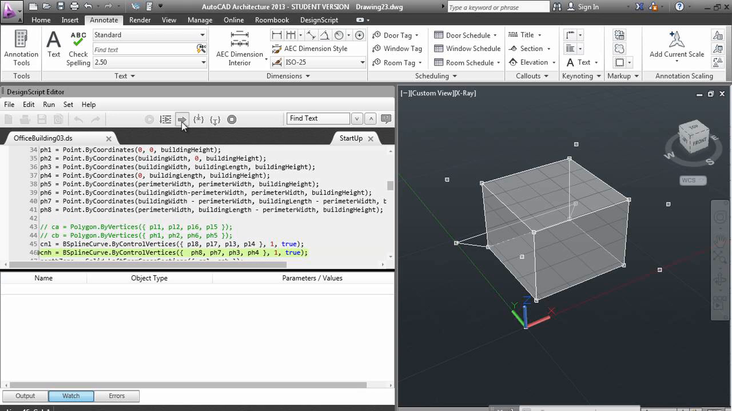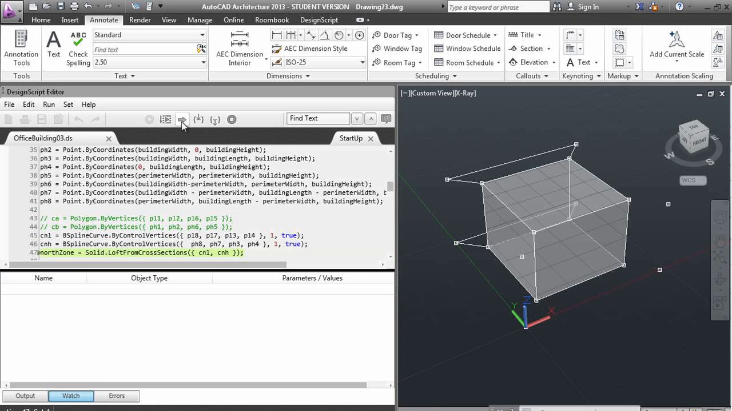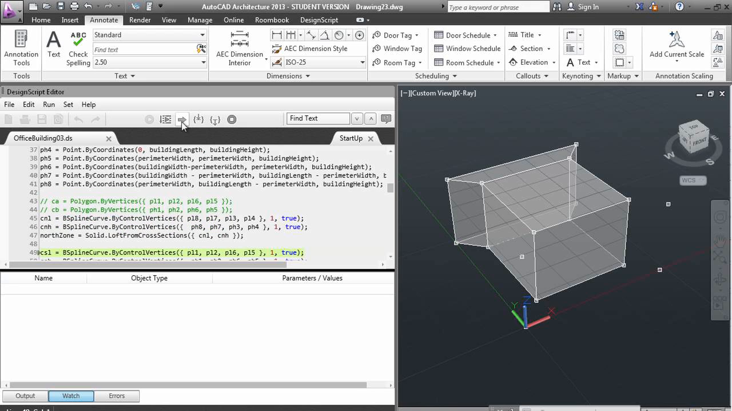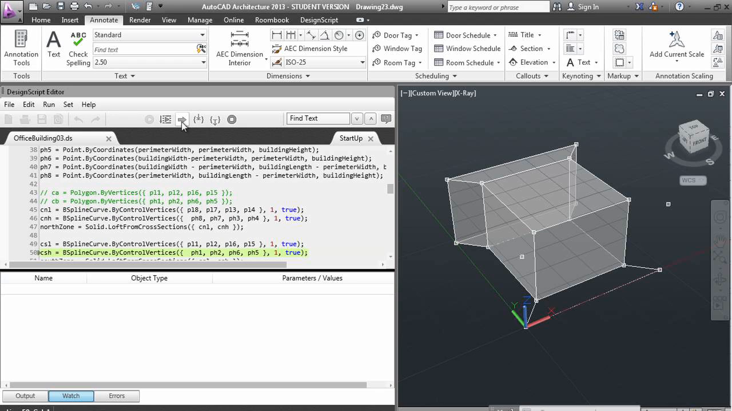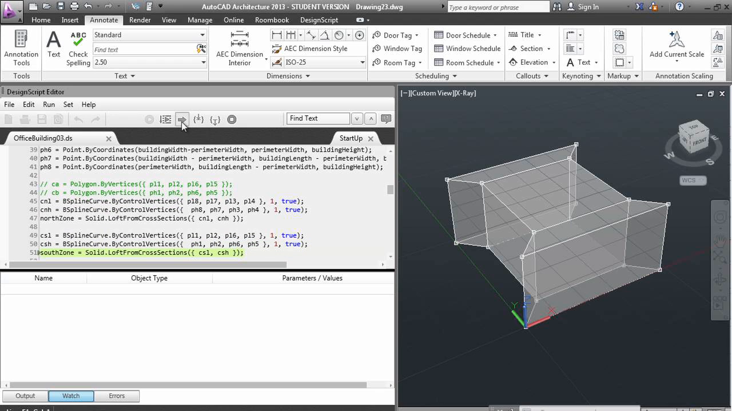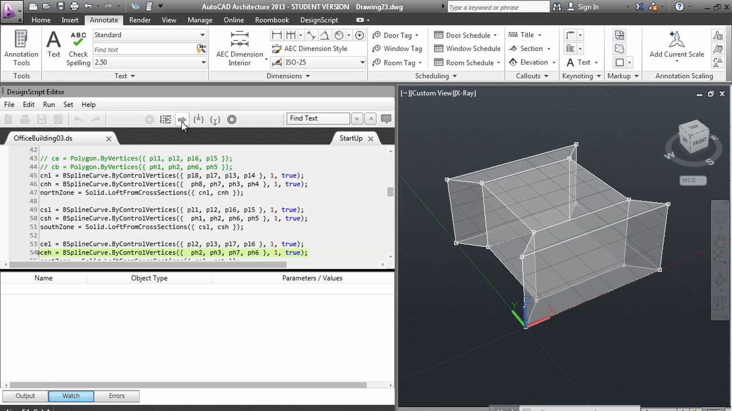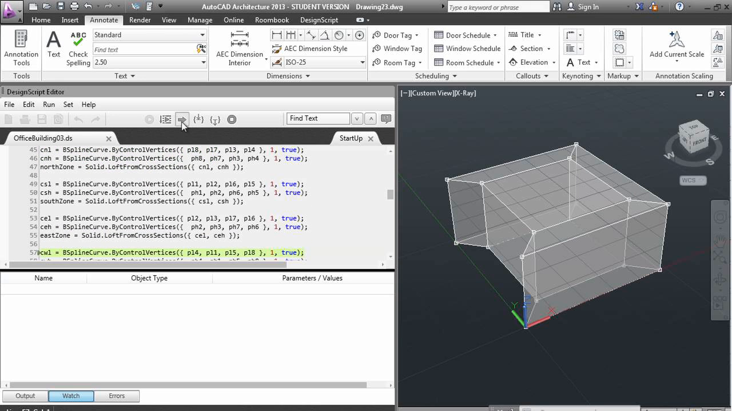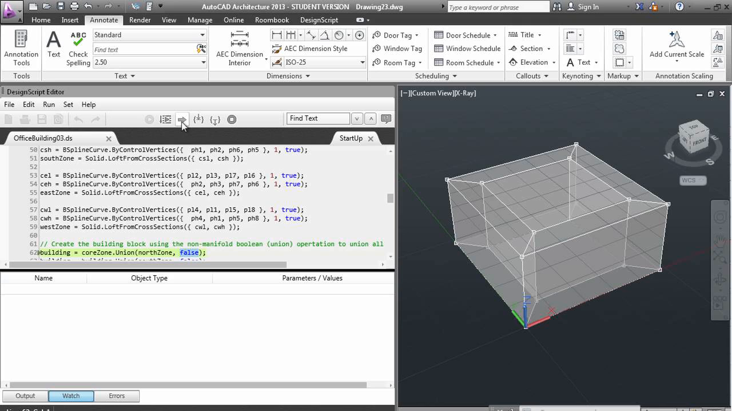That's the first polygon. That's the second polygon on the north. And the north zone is basically a solid that is lofted from these 2 cross sections. We repeat the same procedure for the south zone. So again, a polygon at the bottom, a polygon at the top, and then a solid. Same for the east zone, and same for the west zone. So now that we have these 5 zones correctly defined, exactly the way we want them, with 45-degree surfaces that